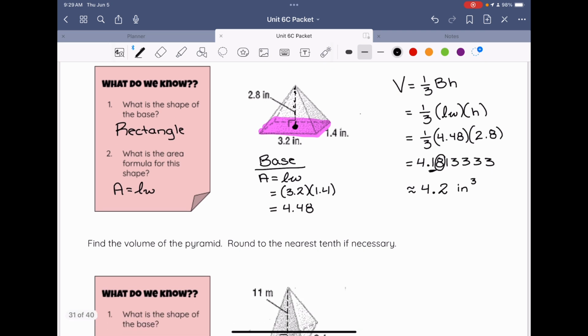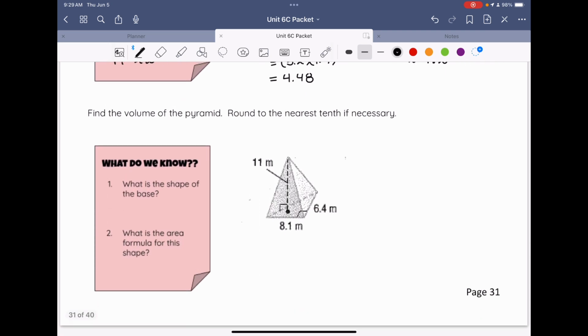Okay, let's try another one. It says find the volume of our pyramid. Again, round to the nearest tenth. Says, what is the shape of our base? So if we take a look at our base here, this time we have a triangular base. So the base is a triangle, so that's going to change up how we write our formula,